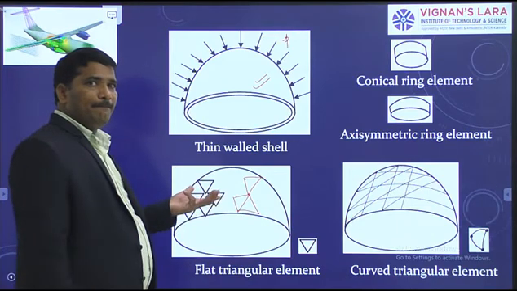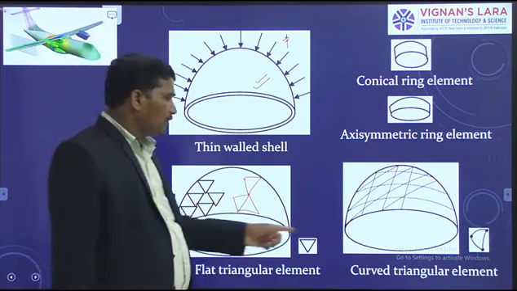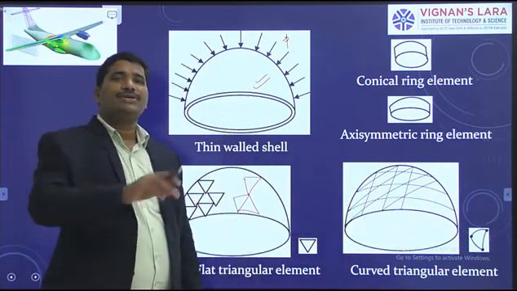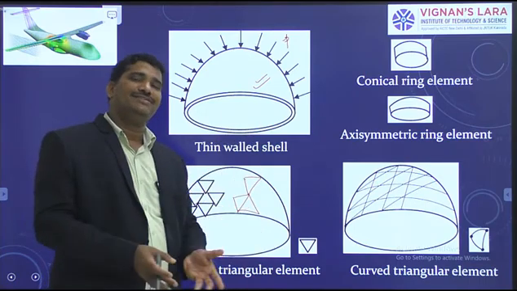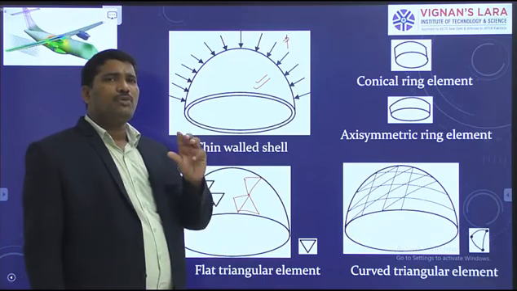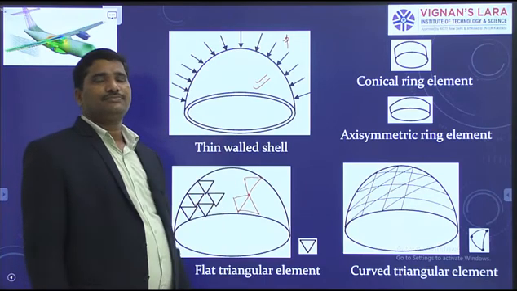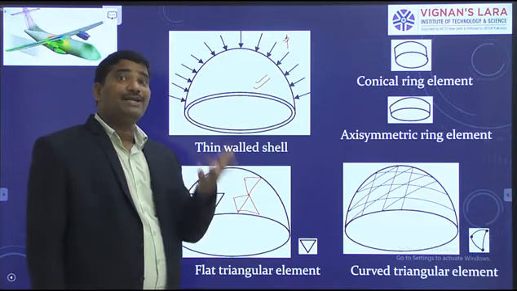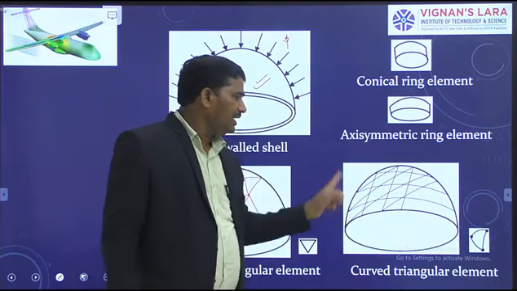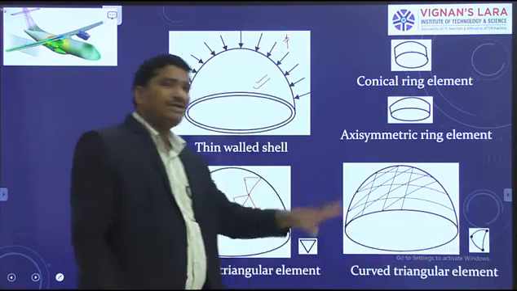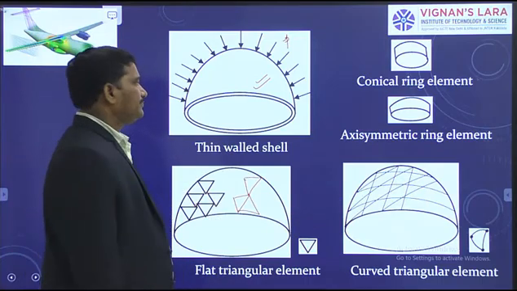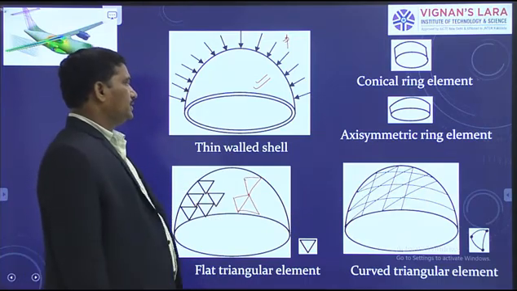If you want better approximations, go for curved triangular elements. Then you can idealize the whole domain without leaving a small region. Then you get better approximations. See how the body of the shell is discretized using curved triangular elements. Okay. Now,